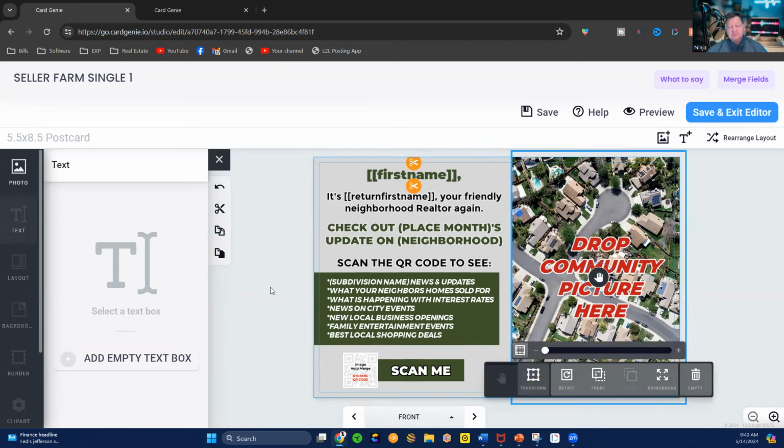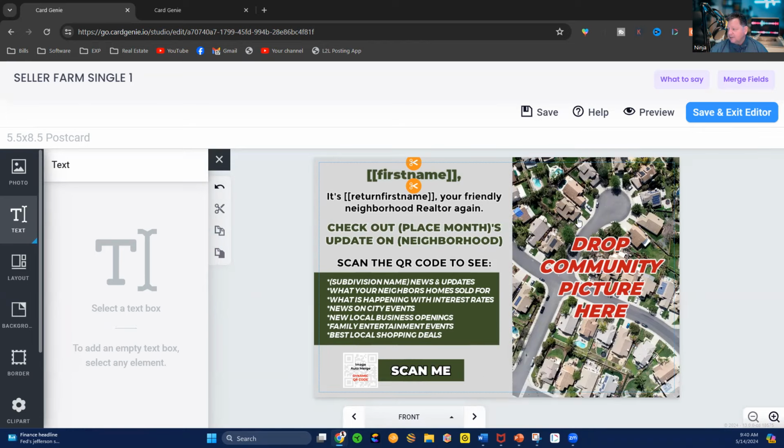That is a placeholder for a picture. So I've got a generic neighborhood picture there. It says drop your community picture. So when I give this card to the agents that get my system, if they want to do this,